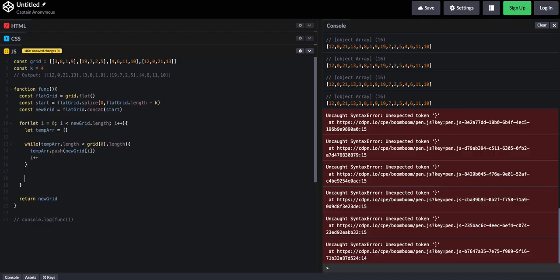Once we leave the while loop, then we push in our temp array. Now you're going to see a small problem with this. I did this on purpose because I came across this problem when I was solving it earlier, and I just wanted to show you how to fix it in case you had the same problem. But let's go ahead and